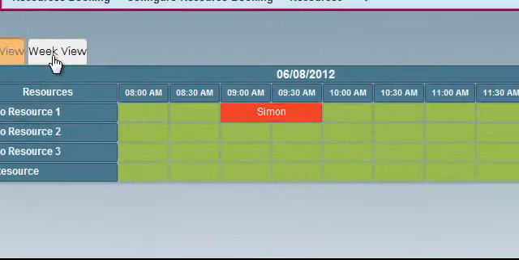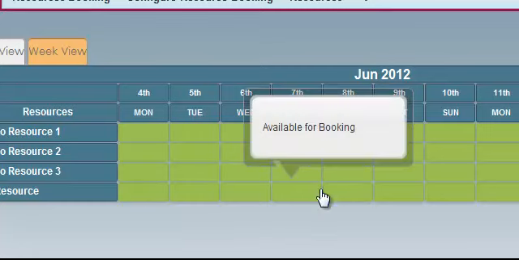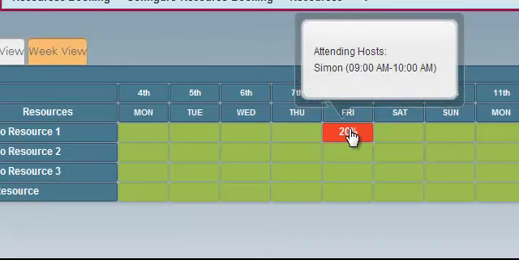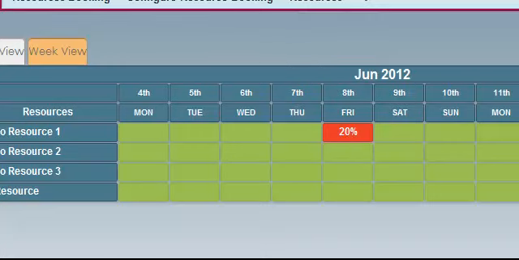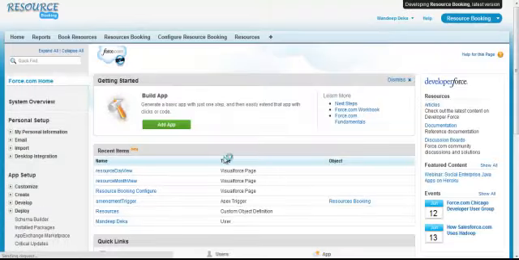And when I go to the week view by clicking on this tab here, I will see the percentage of the resources that has been booked on this particular day. So if I booked another 2-3 slots, this percentage will increase depending on the number of slots that has been available to me. The number of slots available to me can always be customized by going to the custom settings, that is I go to the setup area,